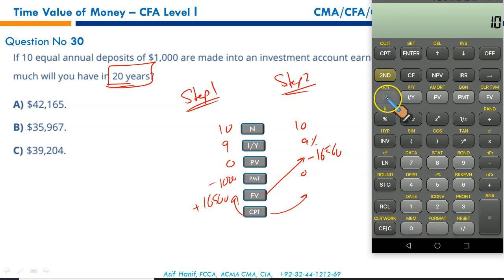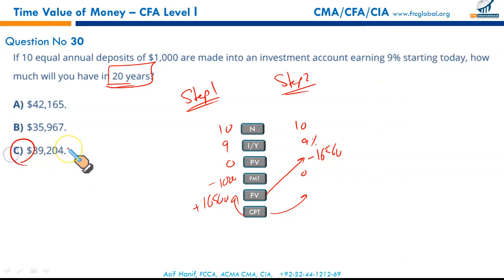10 is N. 9% is the interest rate. Investment now is 16,560 negative, and it's going to be your present value. Your payment is 0 now. CPT future value is going to be 39,204 approximately, 39,203.54. So this will be the value of your investment at the end of the 20th year. So gentlemen, we have completed